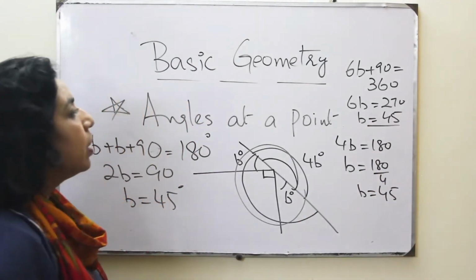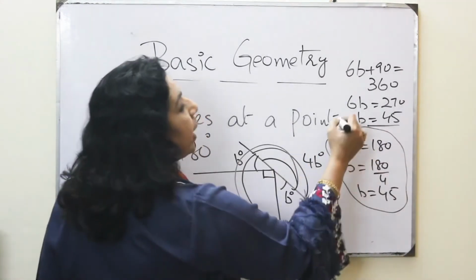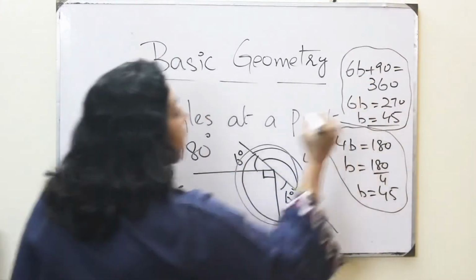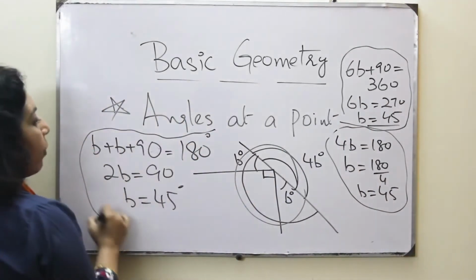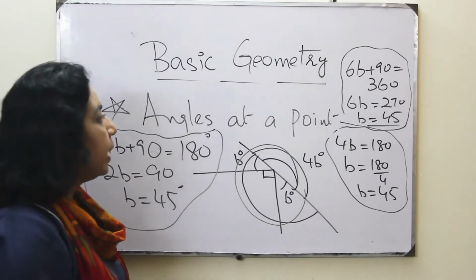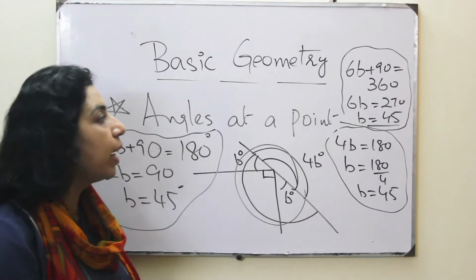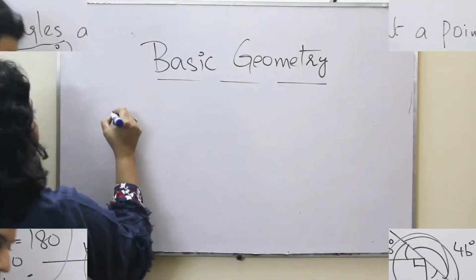So the reason for explaining this angle in 3 ways is that you can adopt more than one method, or you can have more than one property in one question, and you can apply any one of these. You can have the correct answer. If your properties, if your logic is correct, you can have the same answer.